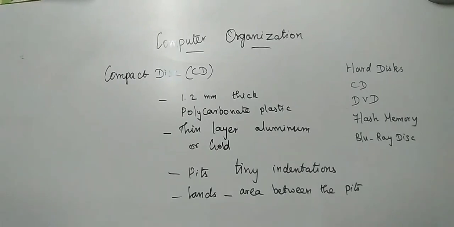So how is the information on the CD read? A motor inside the CD player rotates the disc. As I already told you, in the hard disk you have a pair of heads. Similarly here also you have a pair of heads which read the information stored on the compact disk.